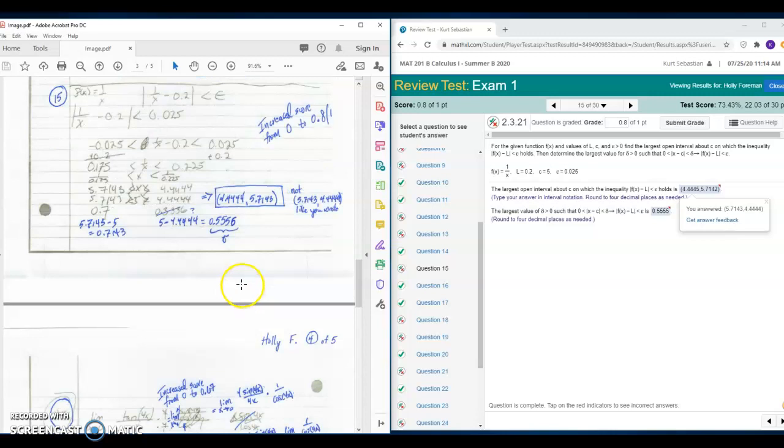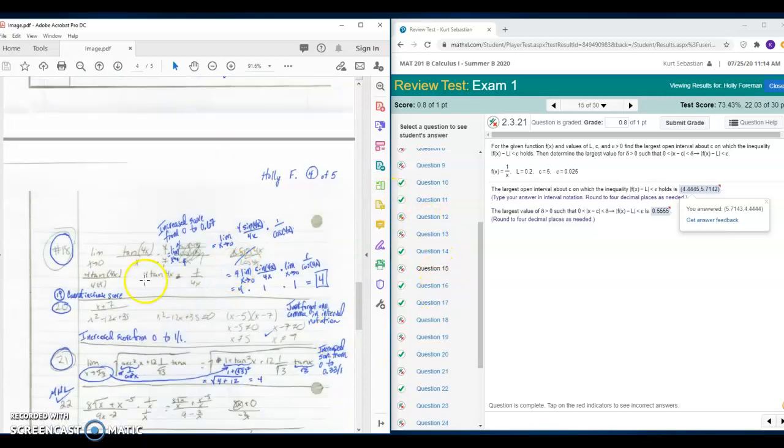16 and 17, you already had correct. There was no work to look at anyway there. On 18,